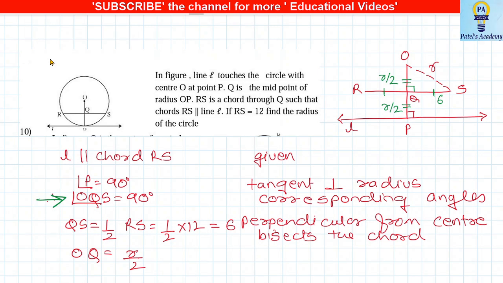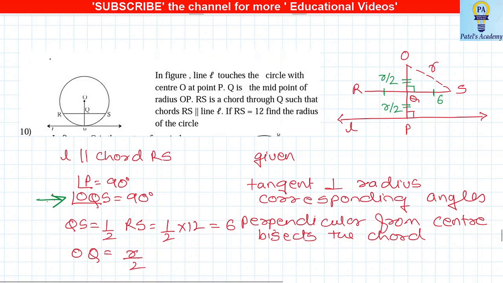Angle Q is also 90 degree. I'm using single letters for you to understand, students. Okay, but in exam, make sure that you write down angles in 3 letters. Okay, so angle Q is 90 because the tangent and chord are parallel. And in the question they have given that Q is the midpoint. Okay, so if Q is the midpoint and OP is the radius, so each part is going to be R upon 2, R upon 2. Okay, in the figure I have specified that, and OS is the radius, so that is R.